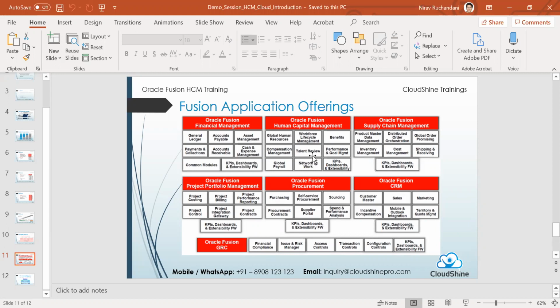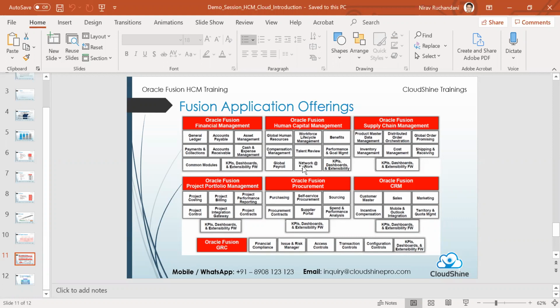Payroll is an offering of Oracle Fusion HCM that is responsible just for the calculations to be done and processing of the payroll, and releasing the payments to the employees. So that's what is housed in payroll. Network at work. So initially, Oracle used to bundle this particular module and sell it as a part of global HCM, which is called network at work, which is nothing but kind of an equivalent of, say, a Facebook at work, so that is called network at work.